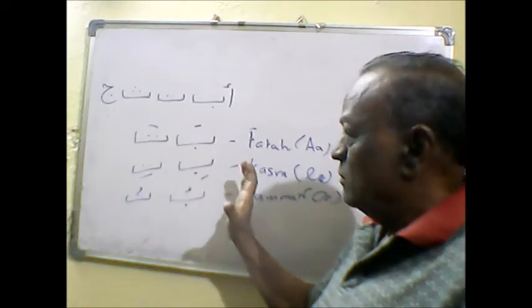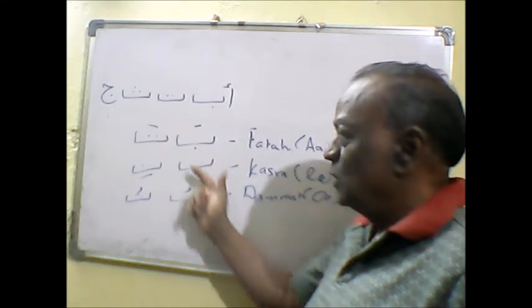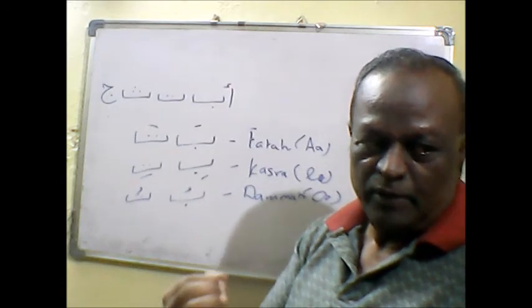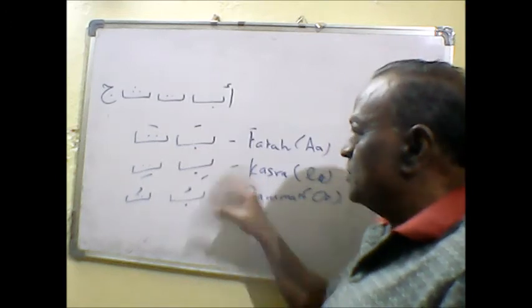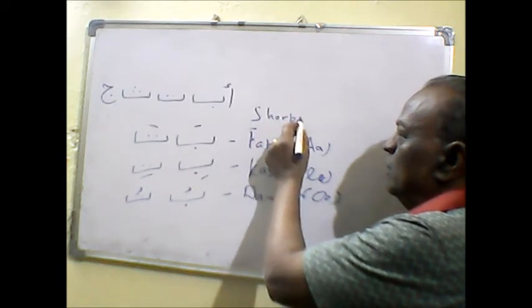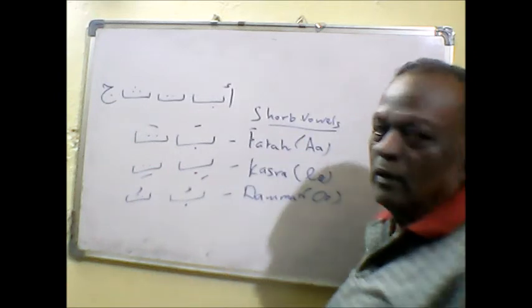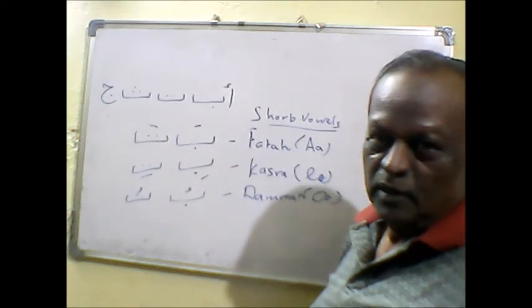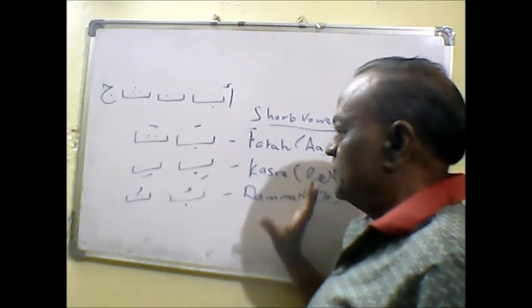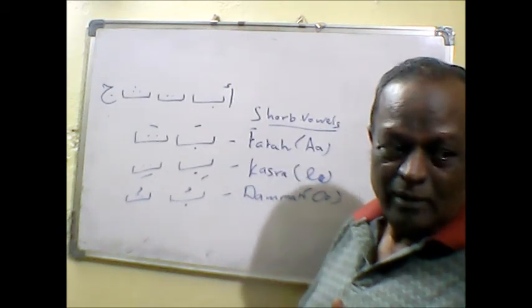See, the sound is snapping, cutting off. Ba, Bi, Bu, Ta, Ti, Tu. It gives a short spell of the particular letter. Therefore, these are called short vowels. In Arabic, they are called Harakat, short vowels. Fatah, Kasra, Dhamma. It will be a snapping sound. That is about the short vowels. What are the long vowels?